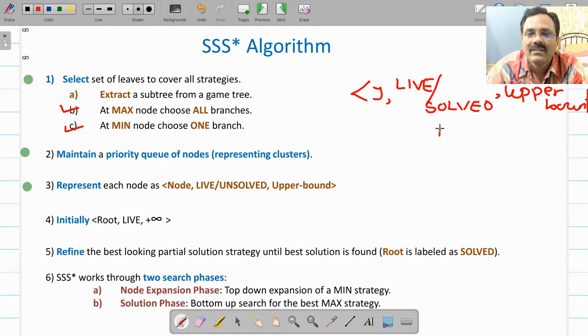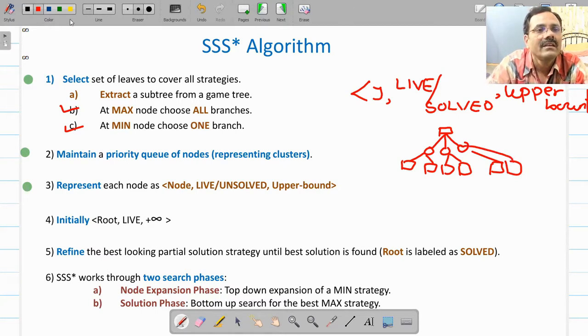So here we have started with max, and then at max we have selected all, and at mean we have selected 1. So at max all, at mean only 1. So this is similar to your AND OR graph algorithm.